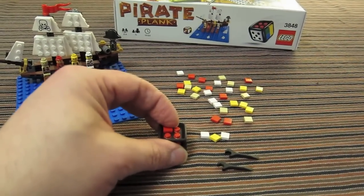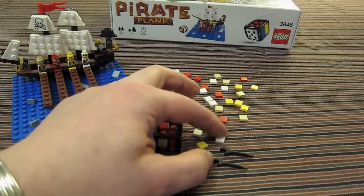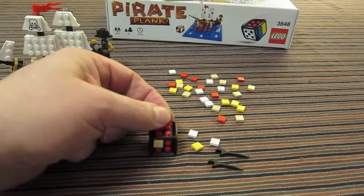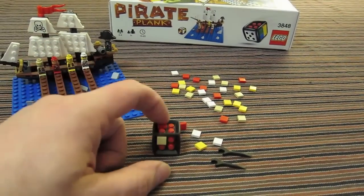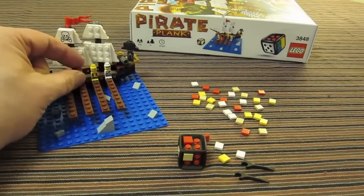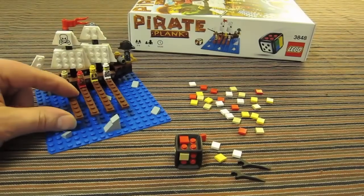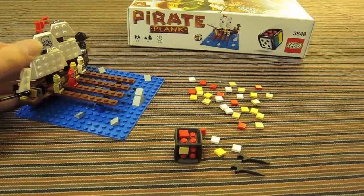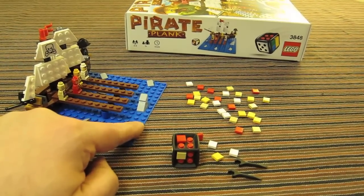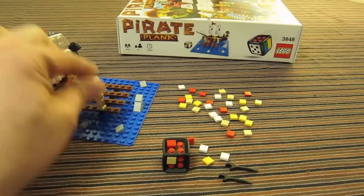If, however, an opponent rolls the dice with the facing on red, they can also choose to put one of the other opponent colours on there. They can also choose to put a second red on if they wish to, or they could just say, red player, move forward 1 spot on the plank, and absolutely I would have to advance. And I'm going to twist this sideways on, and whichever player falls off the plank into the water is out of the game, and you keep playing the game until you're the last player